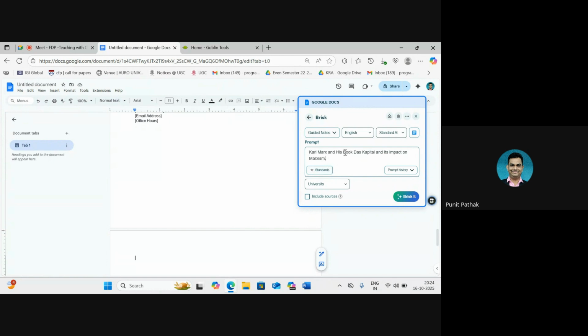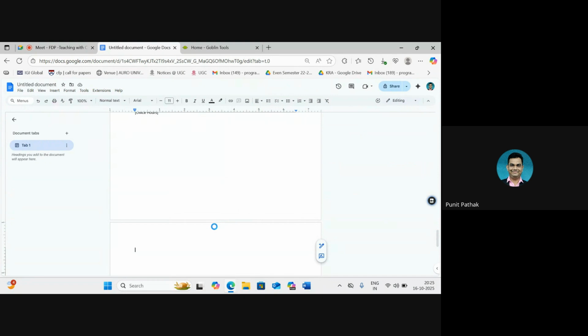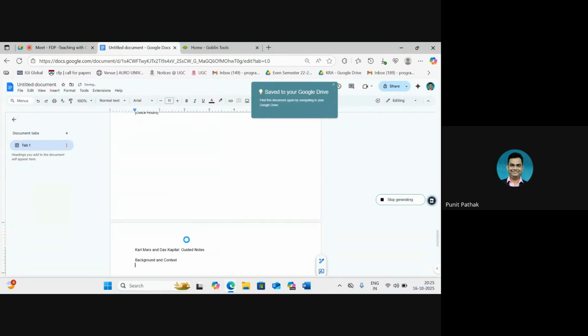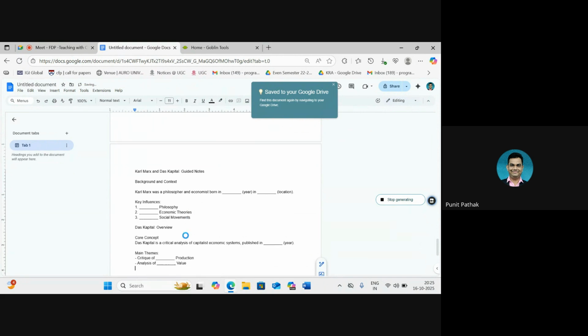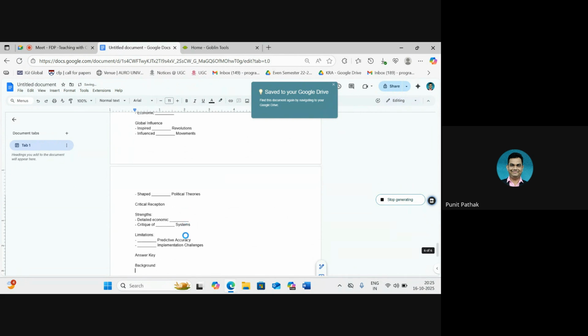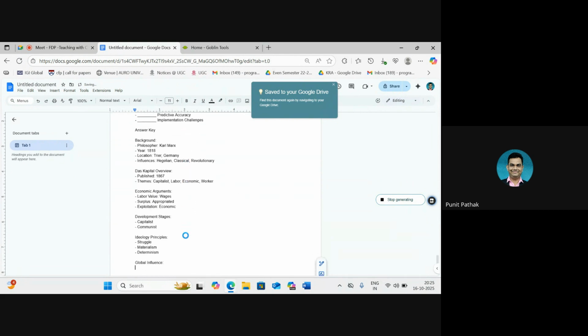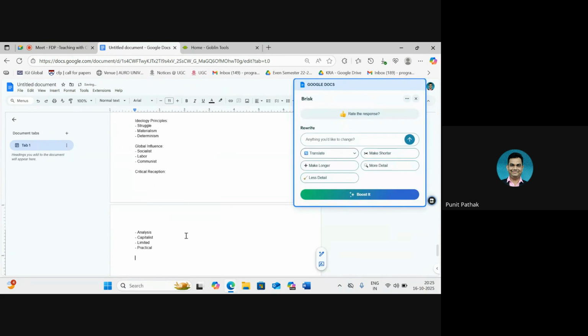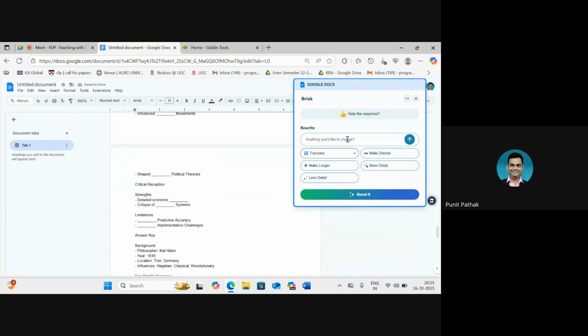Karl Marx, in his book Das Kapital, its impact on Marxism. So once we click on Brisk again, this is what it does. So guided notes will create these kind of worksheets, which can be very easy to utilize directly without any major changes to be made to it. And if I go back to Brisk